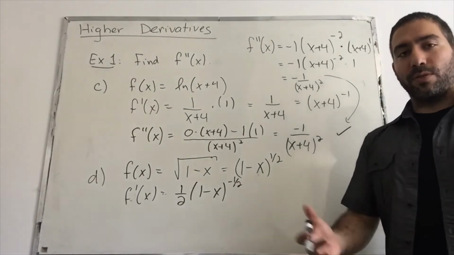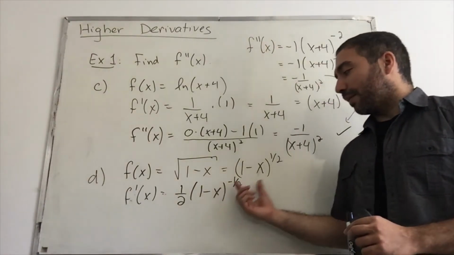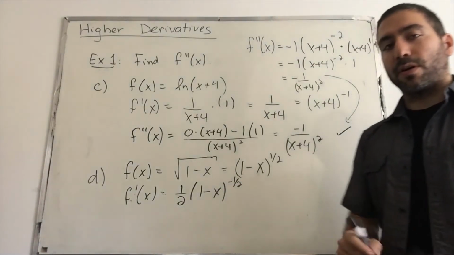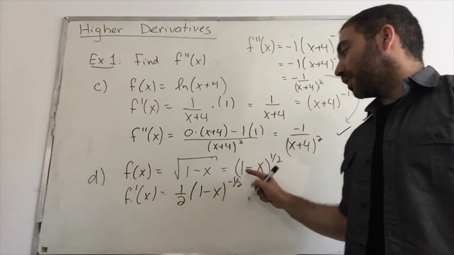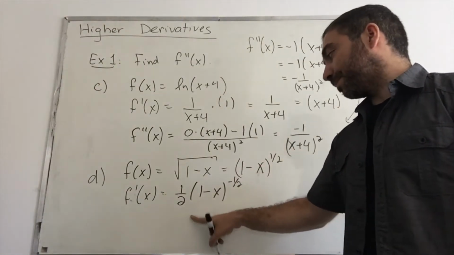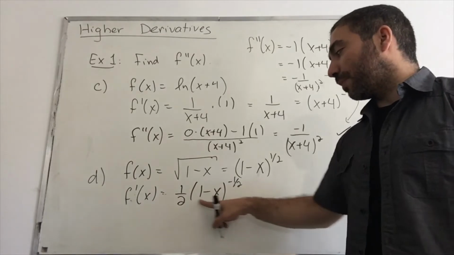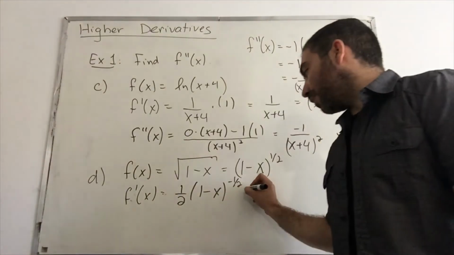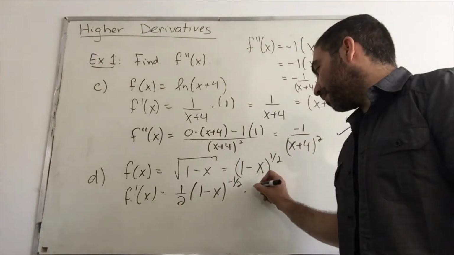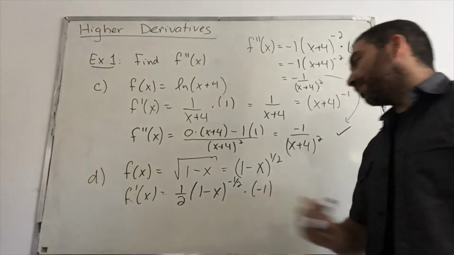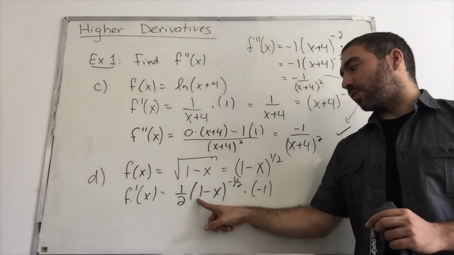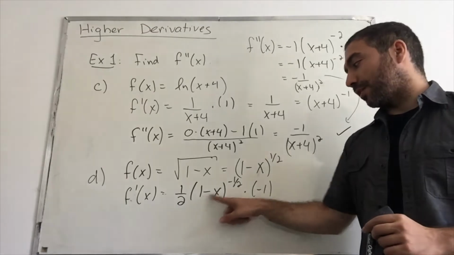And this is the trap that students often fall for, so be very careful. We have to take the derivative of the inside. This is often forgotten, so we're applying chain rule because it's a composition of functions. So we have to multiply by the derivative of 1 minus x. So what comes out here is a negative 1. Because the derivative of 1 is 0, the derivative of negative x is just negative 1,